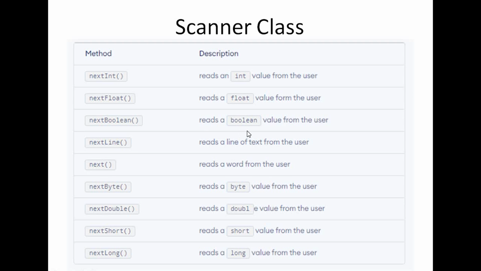If I want to read a boolean, then I use nextBoolean. Suppose I want to read a line from the user, then I have to use nextLine. And if I want to read a word, then I have to use next, and so on.